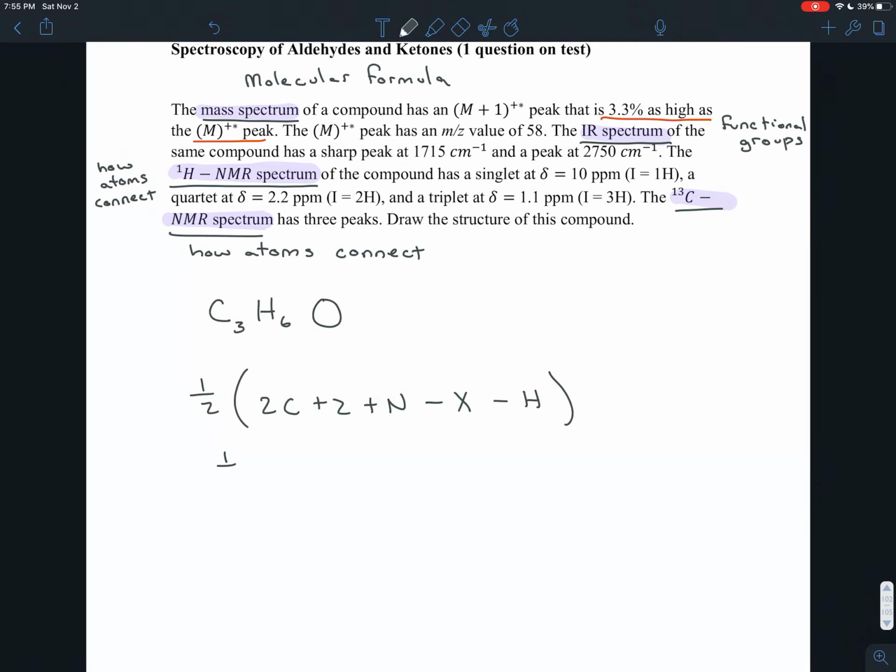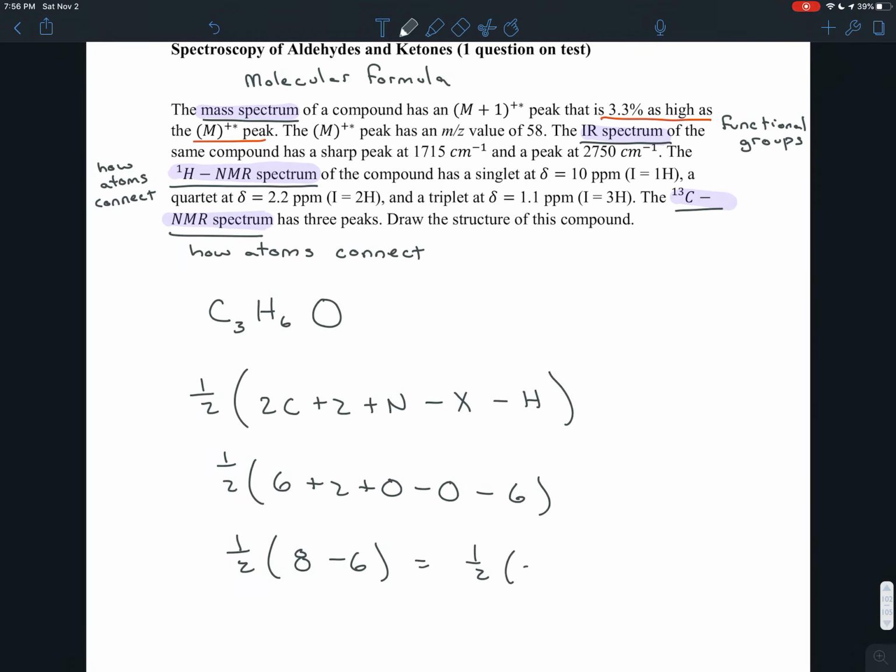So here, 2 times 3 is 6, plus 2, we don't have any nitrogens, we don't have any halogens, and we have 6 hydrogens. So here that's 1/2 times 8 minus 6,